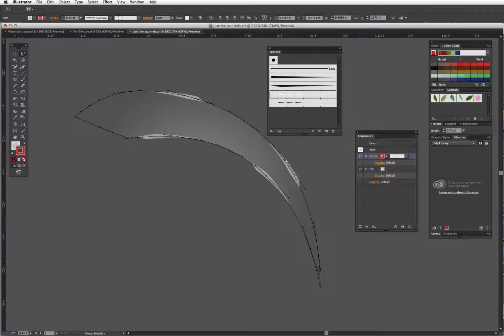It doesn't look fully white because there is a lowered opacity on the group itself. If I go back to the group, you'll see that it's got a 48% lowered opacity on the group. So that's why we,